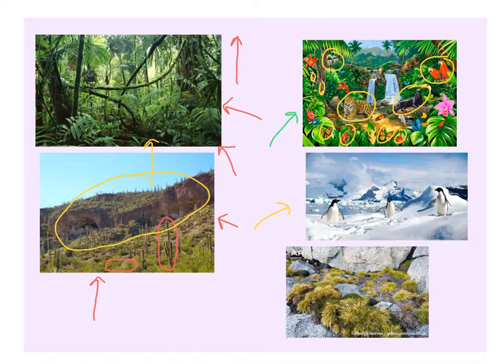And now we'll go to Antarctica over here. Look at this biodiversity. I see penguins, and I see penguins. That's it. There's hardly any plants. It's just snow. I'm sure there's some seals and whales and fish out there in the ocean, but there's very low biodiversity. Here are some plants that grow in Antarctica, but you don't see the thousands of different types of plants that you would see in a rainforest. Antarctica has very low biodiversity. There's not that many different types of plants and animals living there.